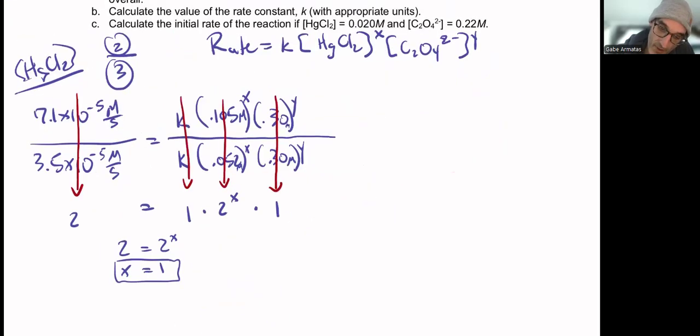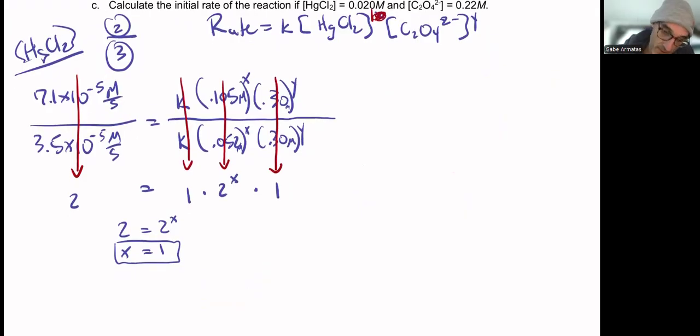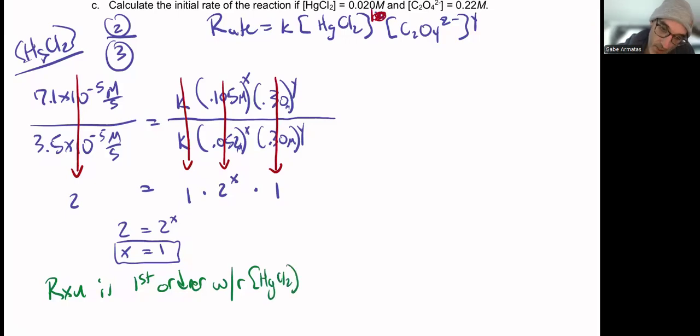So we now have our value of X. I can replace this with the value of just 1. We can substitute that in and we have our order for mercury. So with respect to mercury, the reaction is first order with respect to HgCl2. All right, good. How about